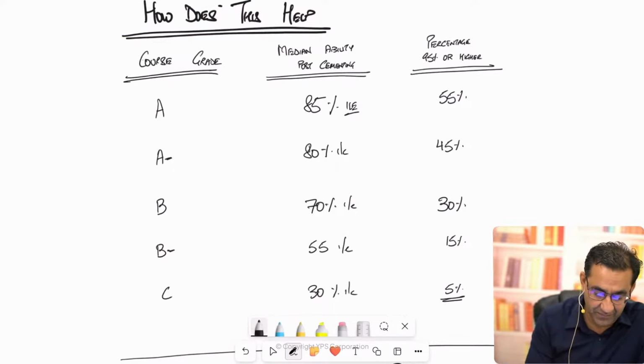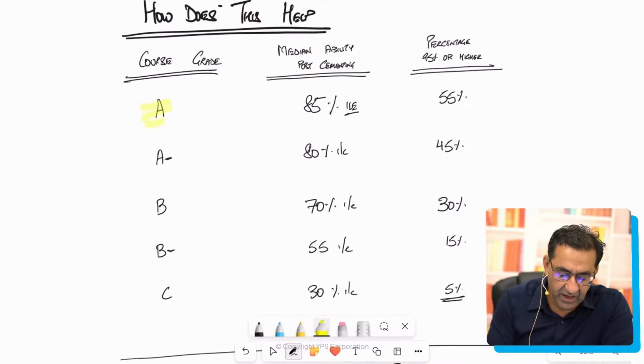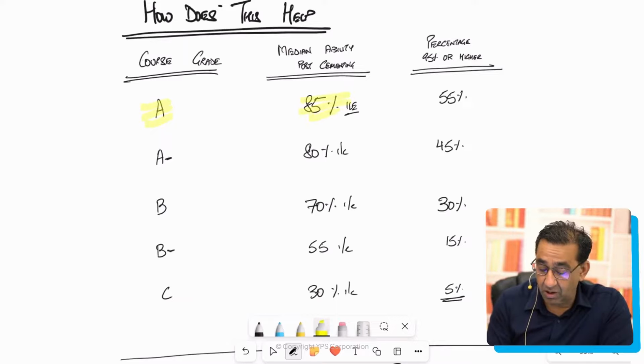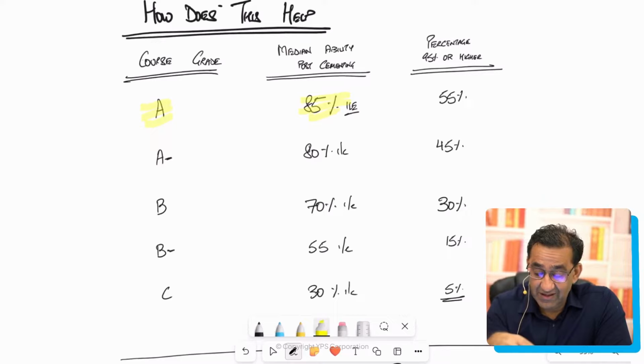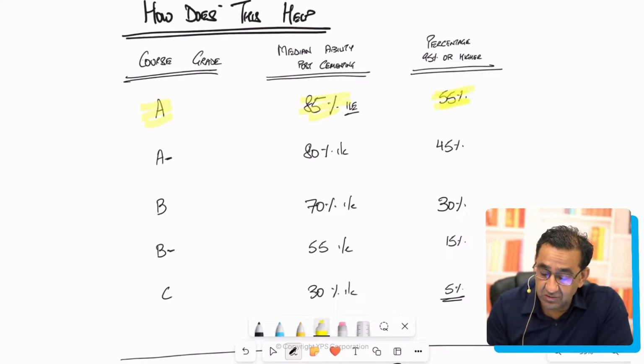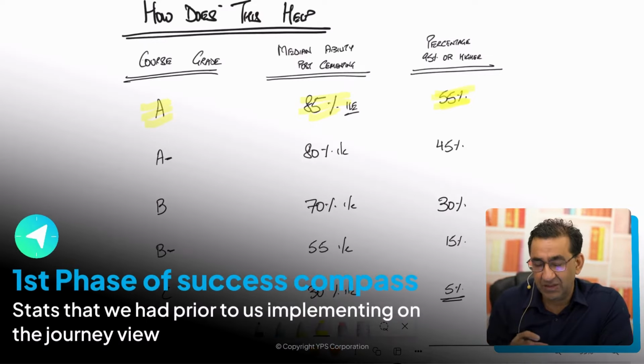So people who get a grade A, for example, let me actually highlight this here. People who get a grade A, 85% of them, the median ability post cementing is 85th percentile. 55% of them actually score a 95th percentile or higher. So this is just that incredible. And these are stats that we had prior to us implementing the journey view or the first phase of SuccessCompass,